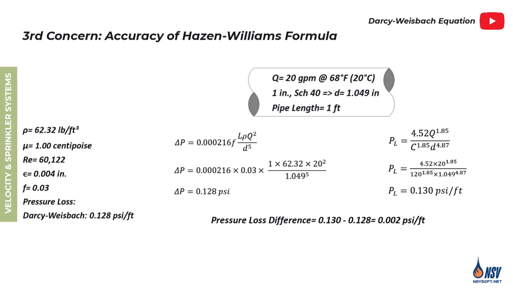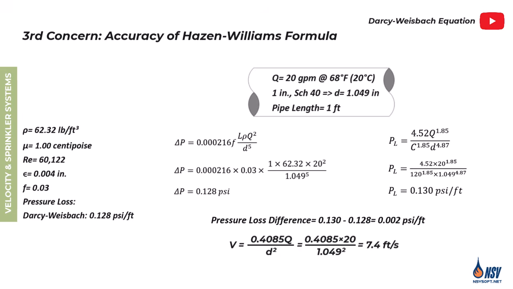We also explored an example comparing the two methods and saw that their results were nearly identical at a flow of 20 gallons per minute in a 1-inch Schedule 40 steel pipe, which corresponds to a velocity of about 7.4 feet per second. Now let's increase the velocity and see how the accuracy of the Hazen-Williams formula changes as